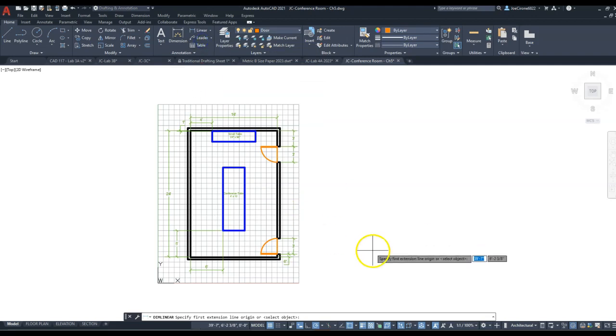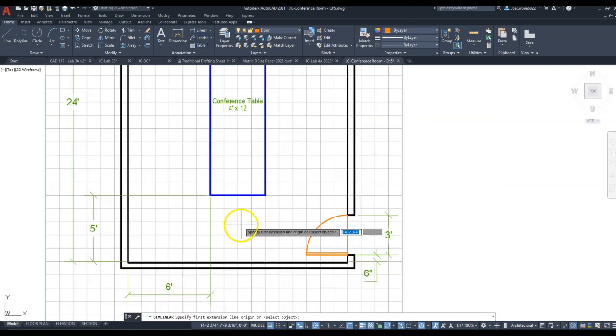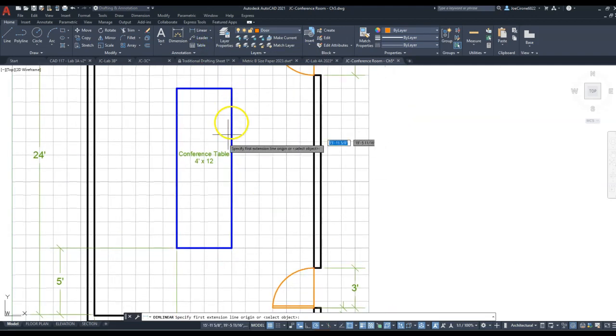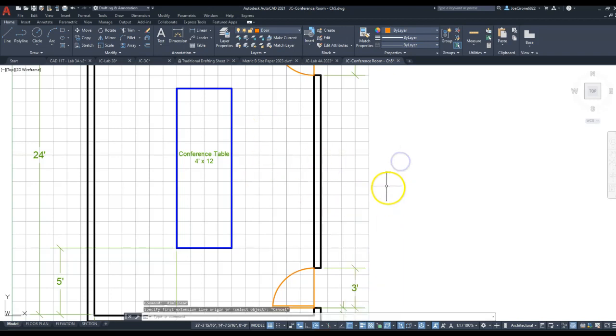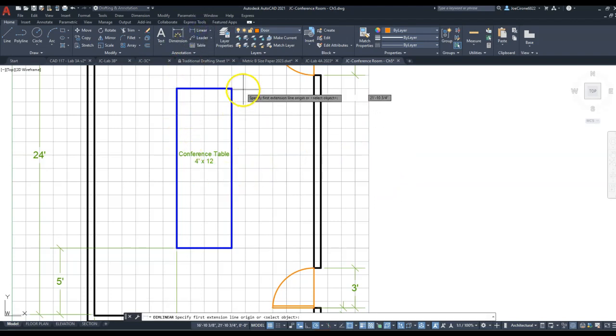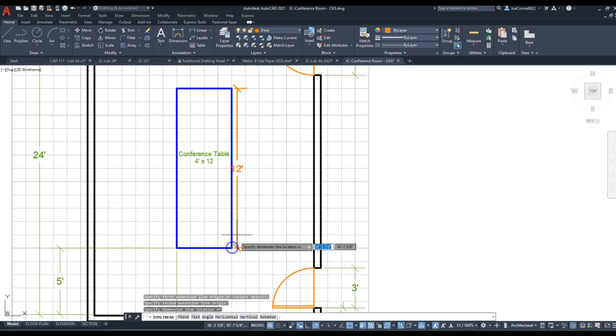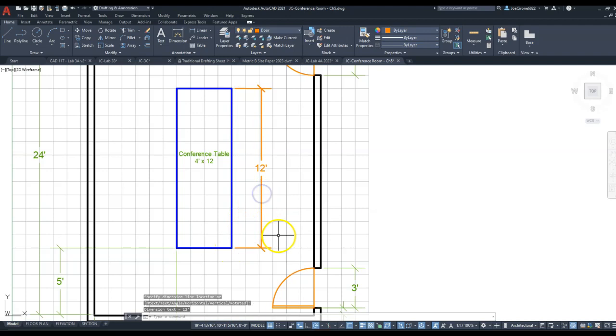And so here's a linear dimension, and let's say we wanted to put a vertical dimension on the conference room table. I'm going to set the O snaps for endpoint. There we go, we're good. You always want to use object snaps when you dimension, because if you don't, the dimensions will not be accurate. And so we'll dimension to the endpoint of this line, the endpoint of this line,